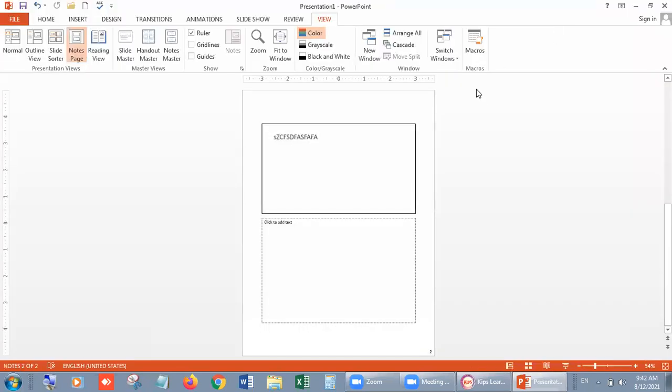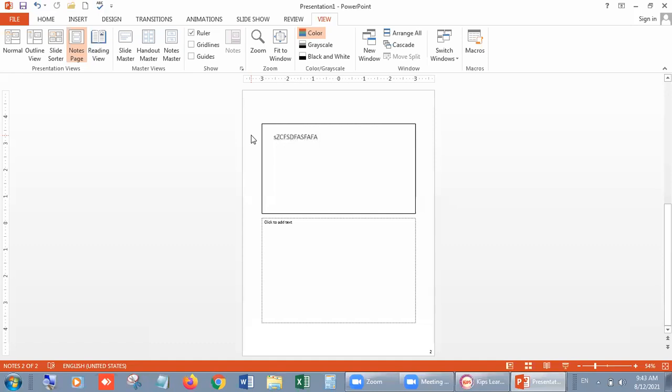But if you want to show your slide without anything else, then you have to click on slideshow view. This is here, slideshow, or you can press the F5 button like this. If you click on it, you will have a complete slideshow on your screen. There is no status bar, no title bar, only the matter you can see.